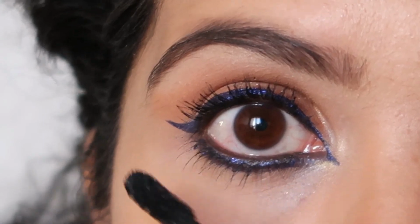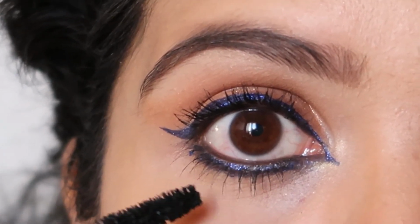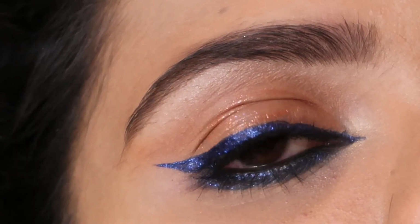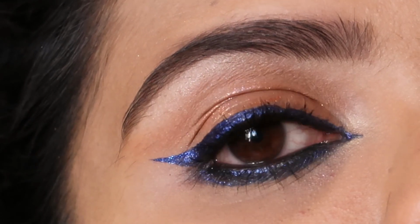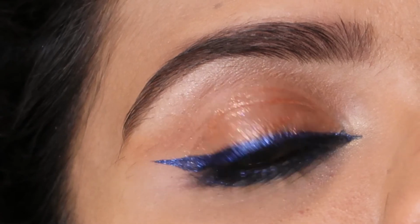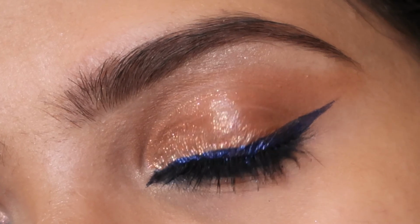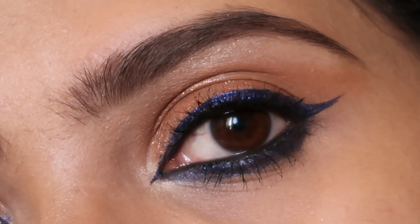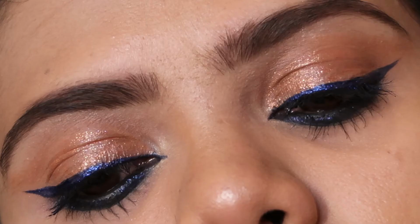I love the way my eyes look, but I'm not liking the way it has creased the orange color. Maybe if I used a base, it would have looked much better. So what is the final verdict? The darker colors look much better than the lighter colors. Maybe for the lighter colors you will need a base shadow underneath it, but we can all give it a try. So if you're interested, you can go to any Boots store or Centrepoint in Kuwait to purchase these